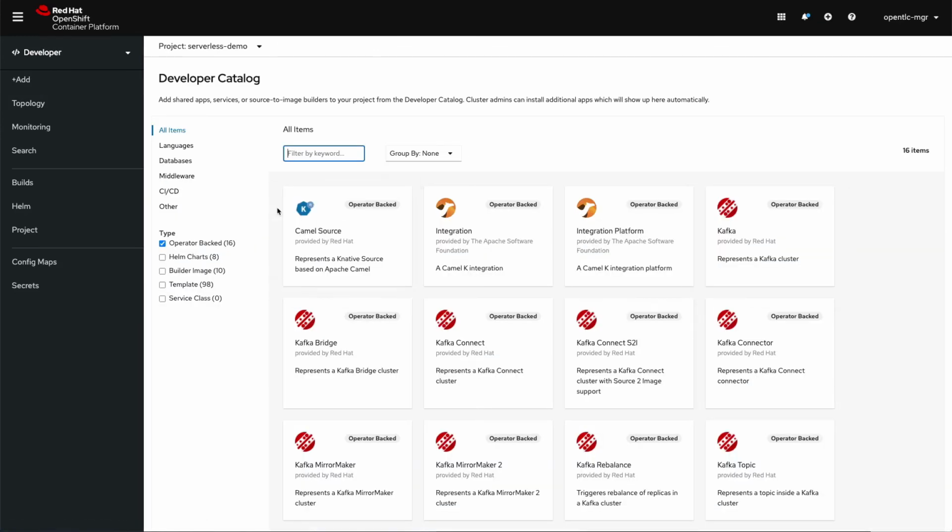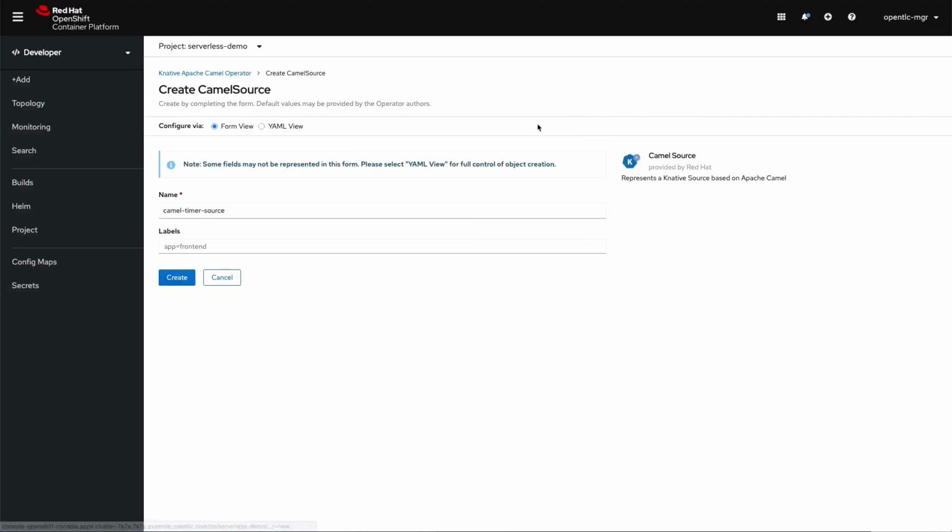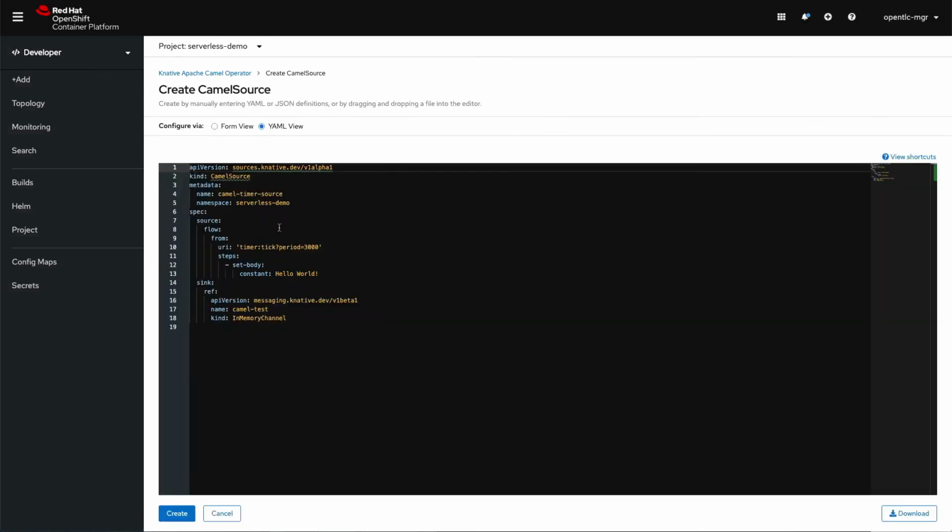Let's now add the Camel source from the catalog, and let's do a YAML view. By default, the operator creates some examples, so you can use this as a reference to create your own Camel sources. In this case, we're still going to be using the timer one. We're just going to replace the reference of the channel that we are using. So we are going to use translate input, which is just a generic channel. So we will be sending events to that channel every